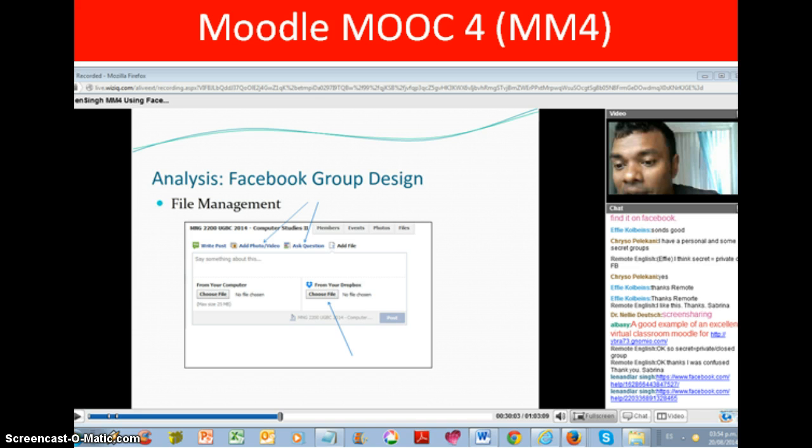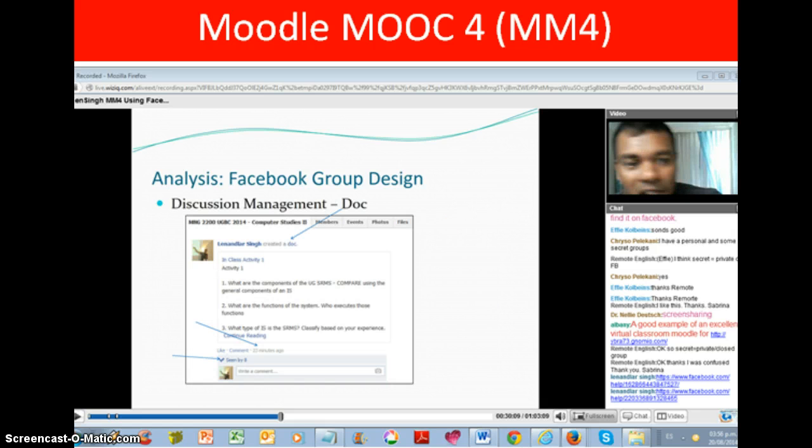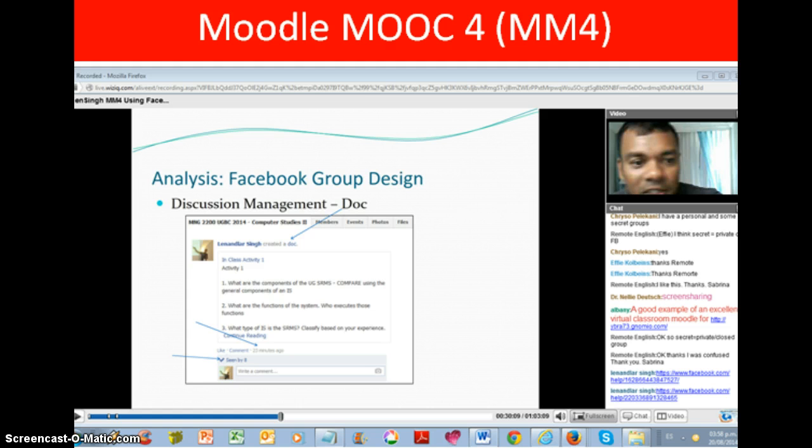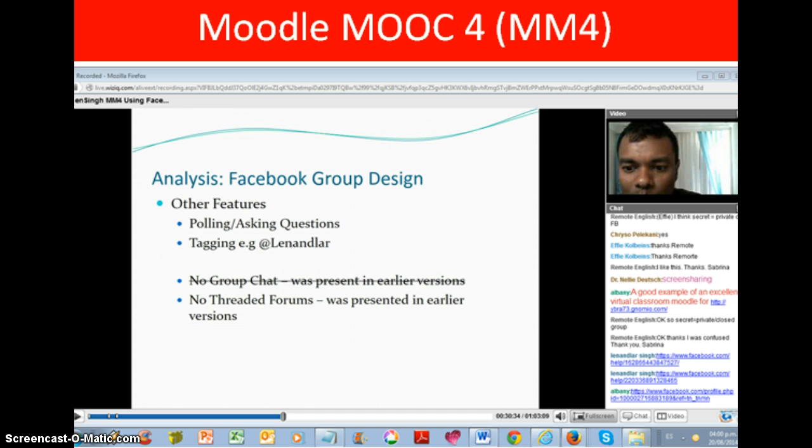Personally, lecturers use a Facebook group to share all class materials and create assignments. We also have a search box in the group to find the uploaded files and comments from enrolled participants. Also, from the Files tab, we can create a document through collaborative writing that will be reflected in the news section of the group and may receive comments, likes, and can be shared by group members, as you see here. Also, in Facebook groups, we can download the latest version of a file so it is updated, as you see here. Other features that can be found in a group are polling, asking questions, tagging, and group chat.